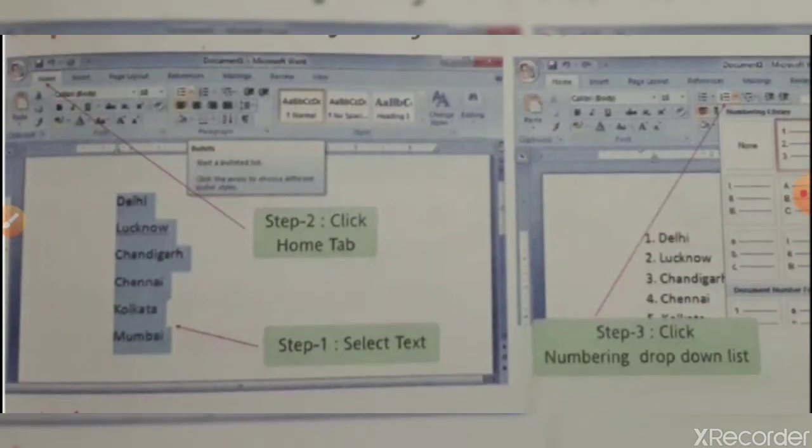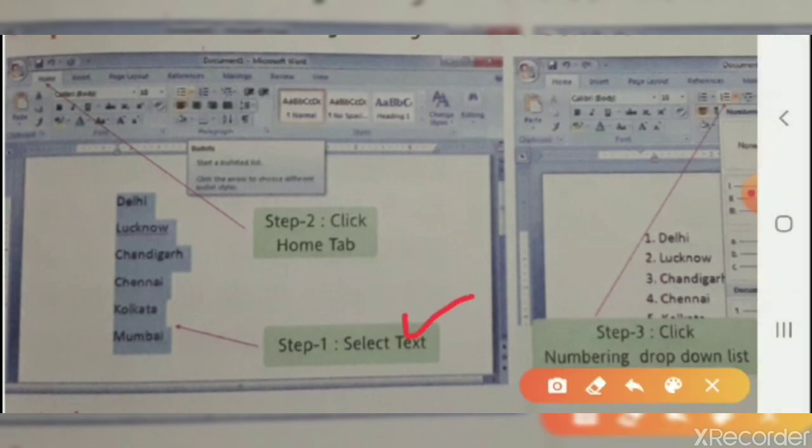First of all, type the items you want to add numbers to and select them. First we have to select the list, as shown here. Second step, click the Home tab.